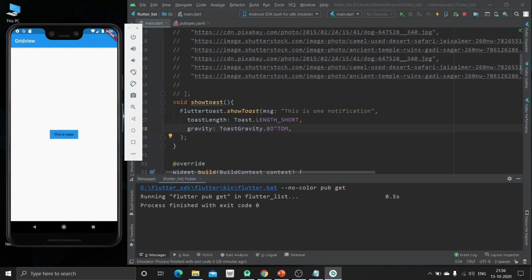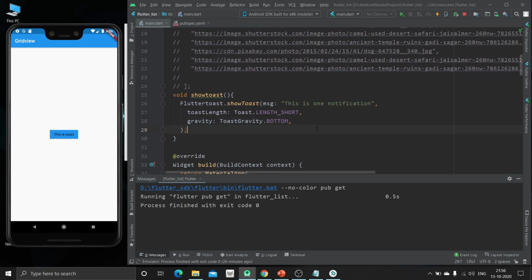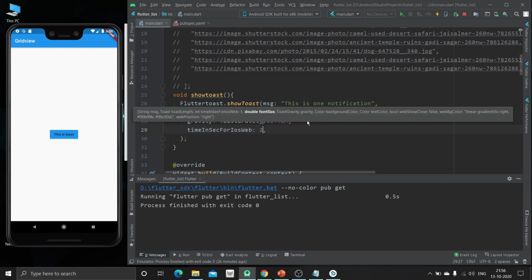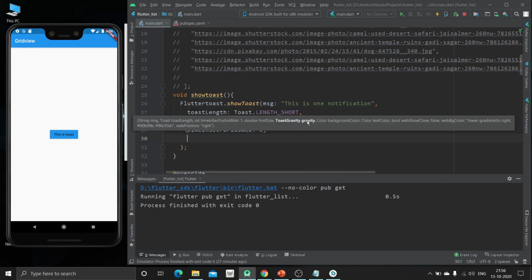Now what we have to do? Okay, just run it again. Okay, we haven't given some timing, that's why we will not be able to see it. We are just going to increase it.